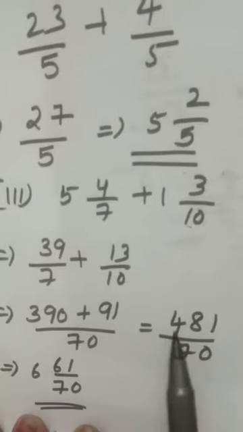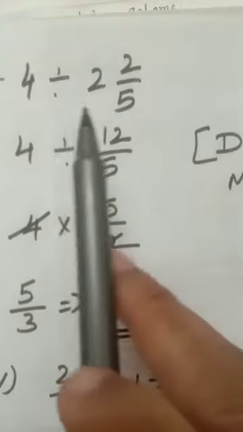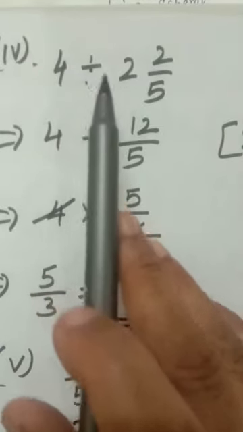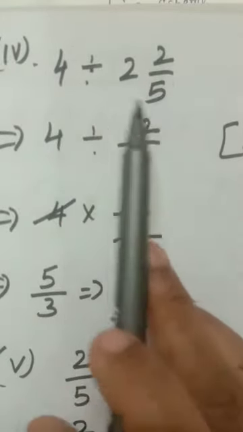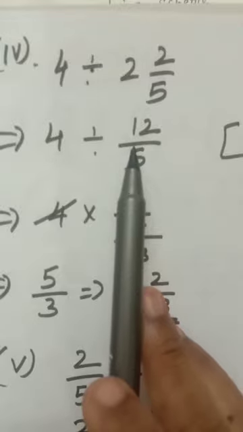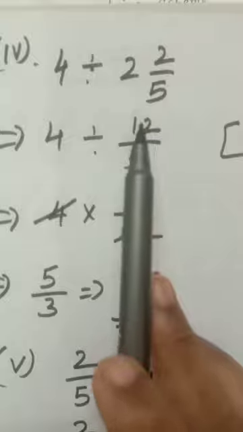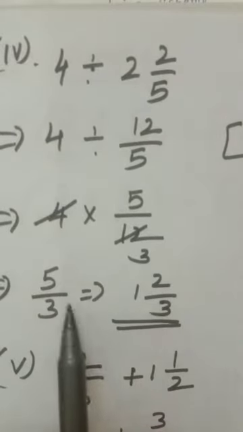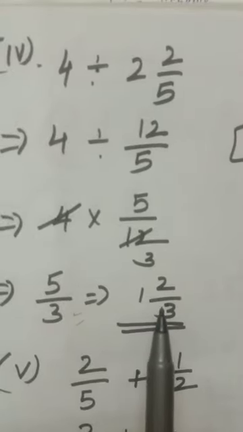See, after that dividing you will get the answer. Now a dividing question, no need to check the denominator. Dividing question, I told you, the division sign converts to a multiplication sign. Second number, first you have to convert into improper fraction. Second number, take the reciprocal. 5 will move up, 12 will come down, and cut out. You will get 5 by 3. Divide, you will get 1 and 2 by 3.